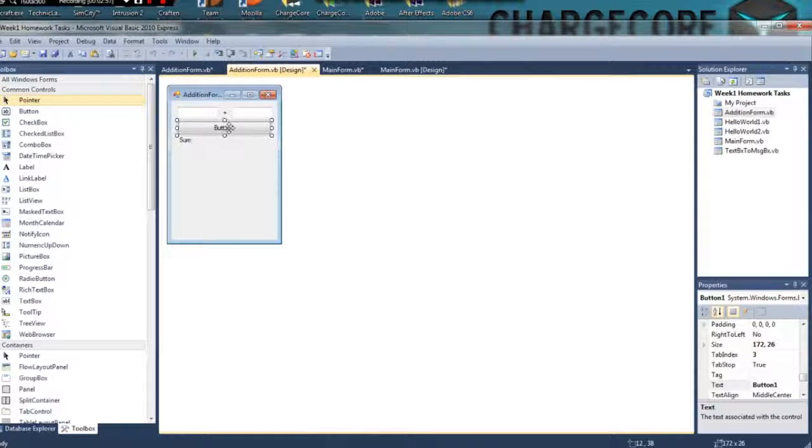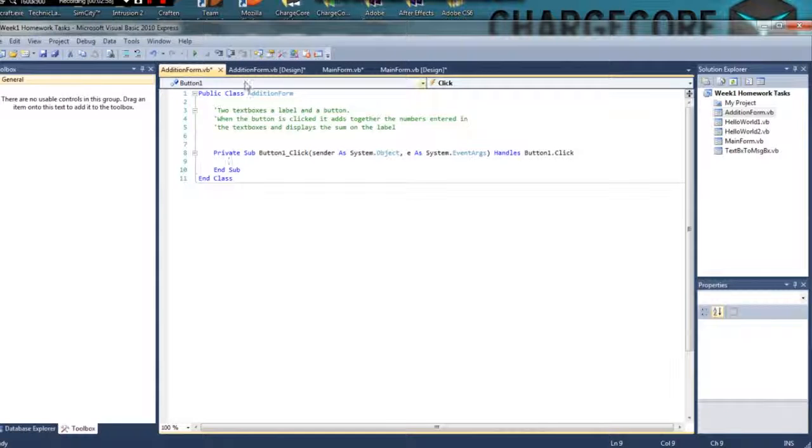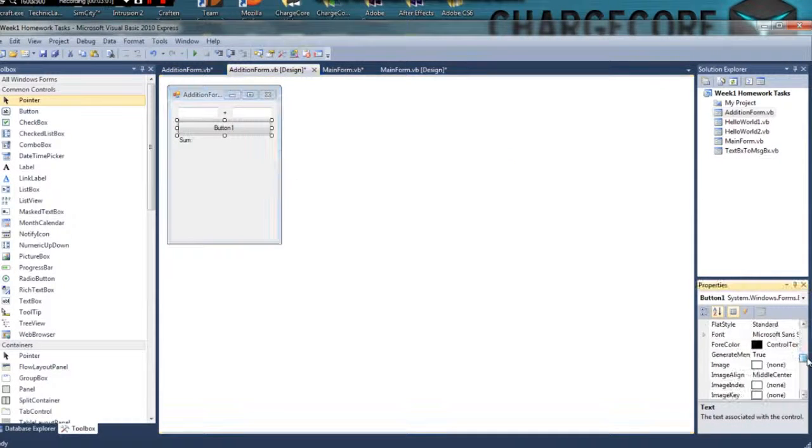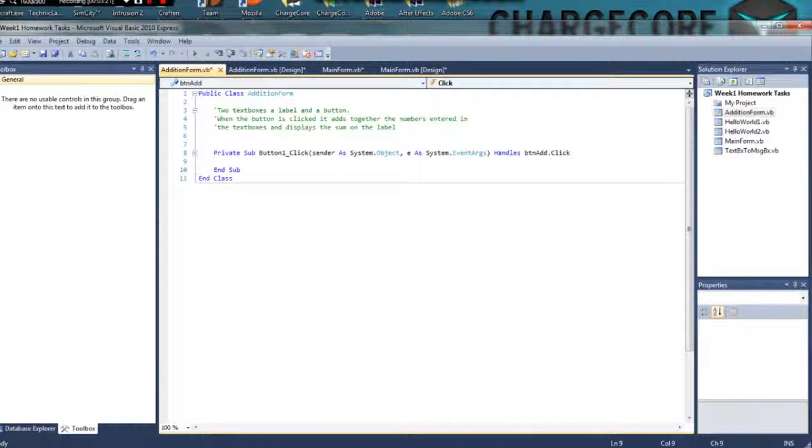We want to, on the click of that button, which I haven't given a name, which is stupid, so I'll give it a name, btn add, and obviously go down to here, change the name to add there. Right. Okay, so that's lined up. Okay, change that name here,